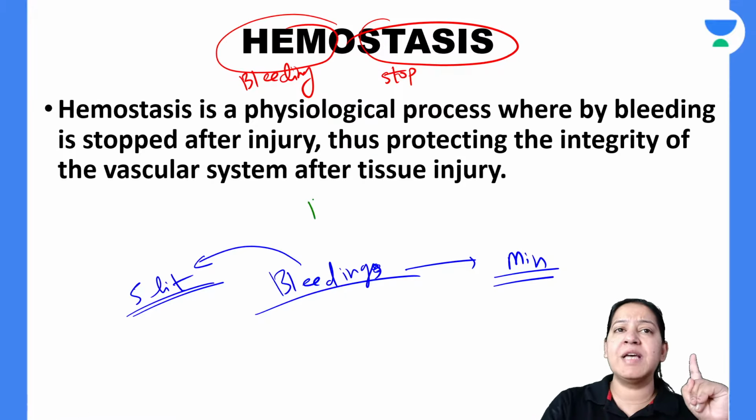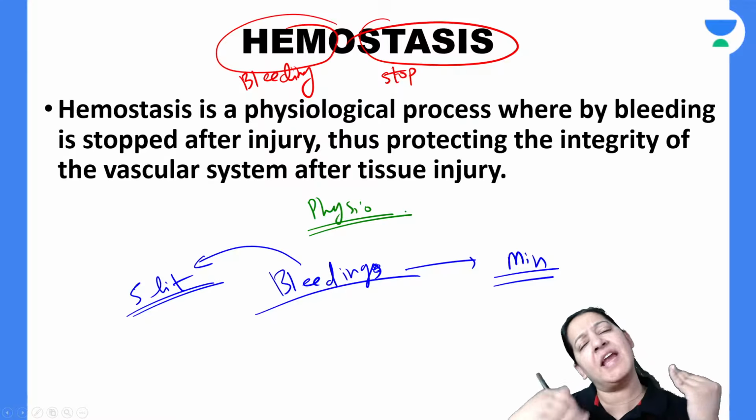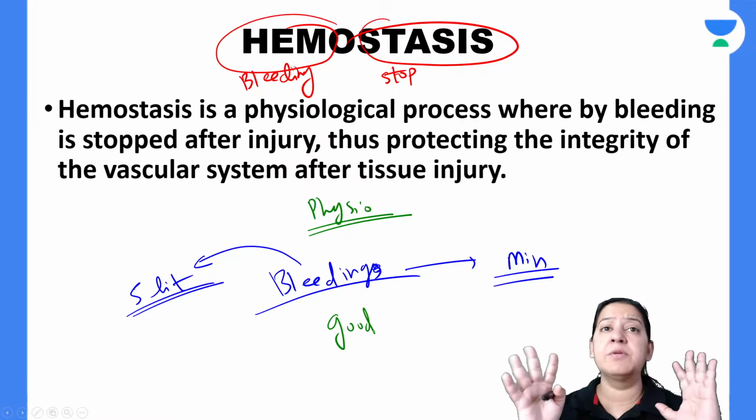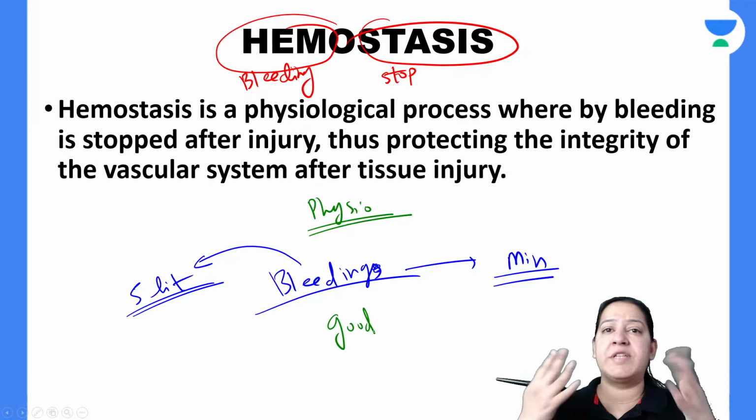So hemostasis is a physiological phenomenon which is required to stop the bleeding whenever we have an injury at any part of the body. It is good for us. It is useful for us. We want this hemostasis to take place. If I am having an injury anywhere on the body and bleeding, I want hemostasis to come into play to stop the bleeding within a few seconds or minutes. It is not a disease. So what is hemostasis? Define hemostasis. Can I say hemostasis is a physiological process?